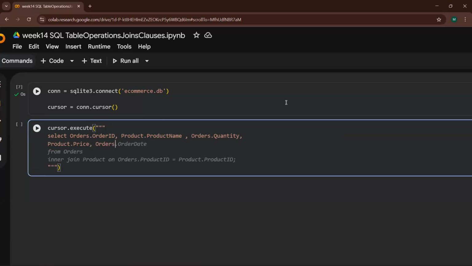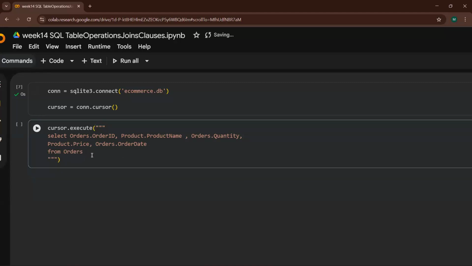From orders table, I need order date. That is all from the orders table. Okay, I have put only one table right now from orders.